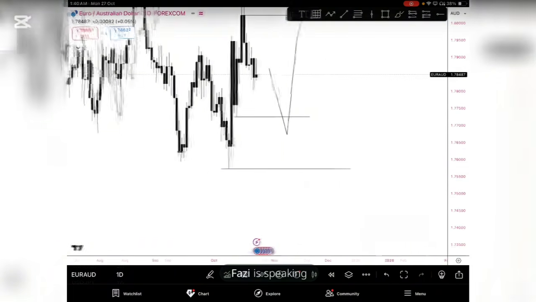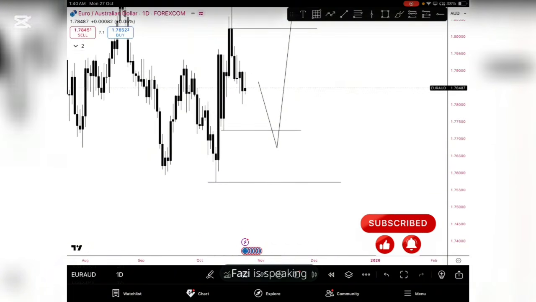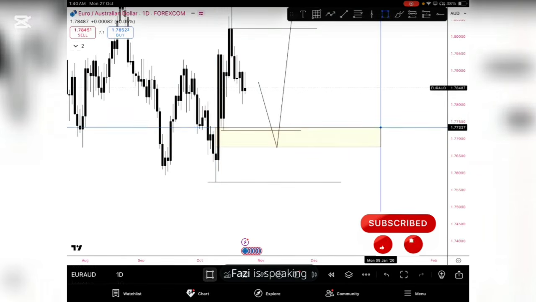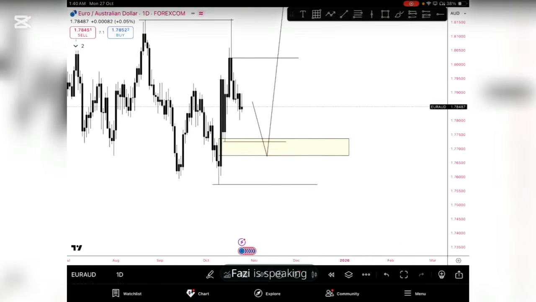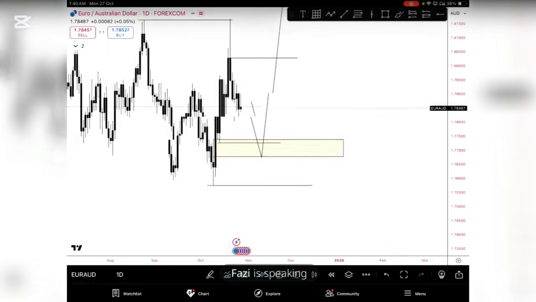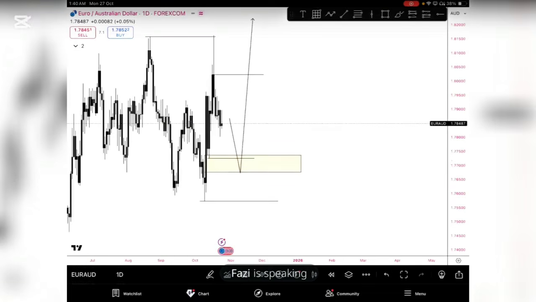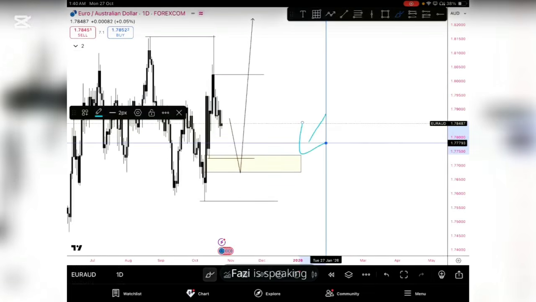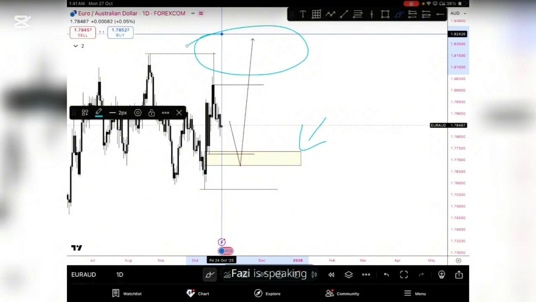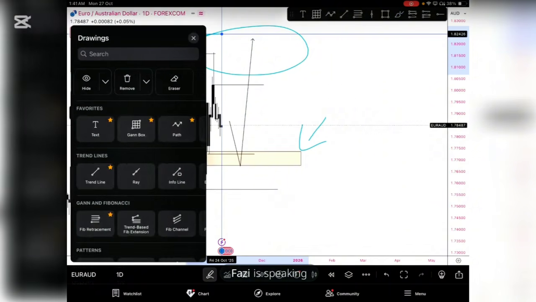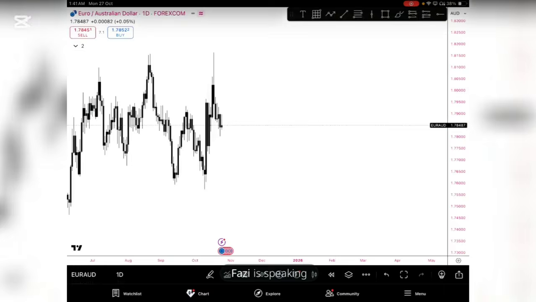Here you can see we have some imbalance like this level. So if you are seeing any sweep on H4 time frame and it provides you an engulfing type of entry, then you can look for some buys from here to target like this level. Understand? So this is what we are looking at on Euro AUD, and we must see the Euro USD and GBP